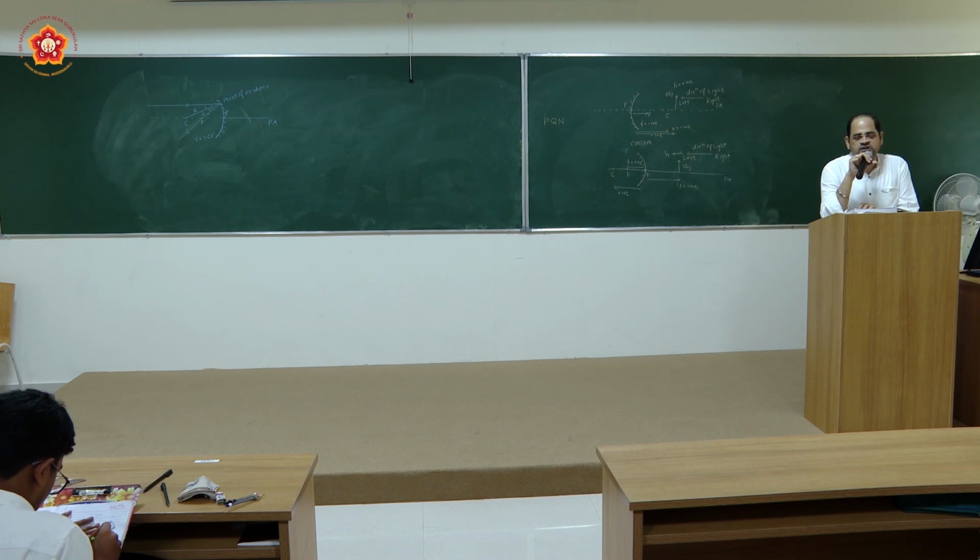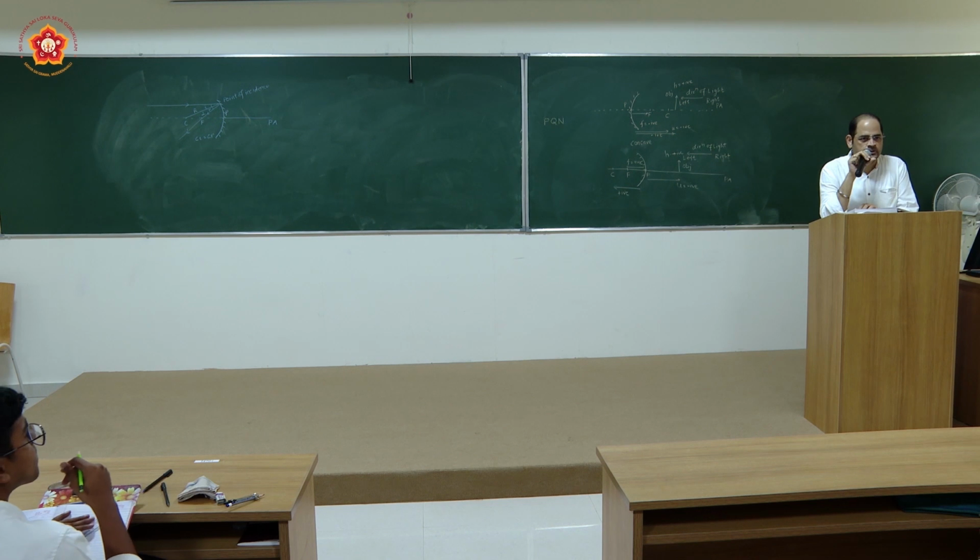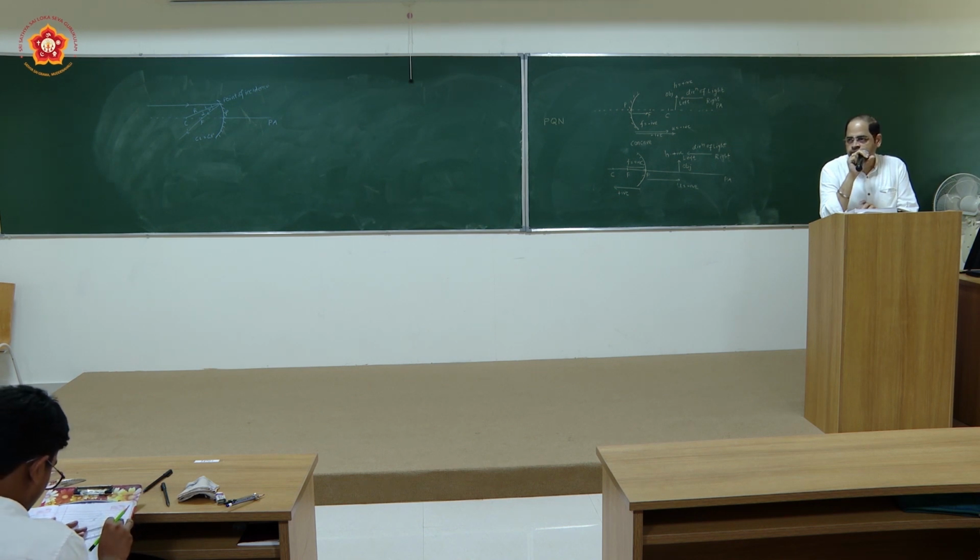By making use of the principle of reversibility, you can see that if the ray of light is incident parallel to the principal axis, the reflected ray will pass through the focus. If the ray of light is passing through the focus and is incident on a concave mirror, then the reflected ray will be parallel to the principal axis. These are two figures. You can verify in these figures that if the distances are properly taken, the angle of incidence and angle of reflection will turn out to be equal.